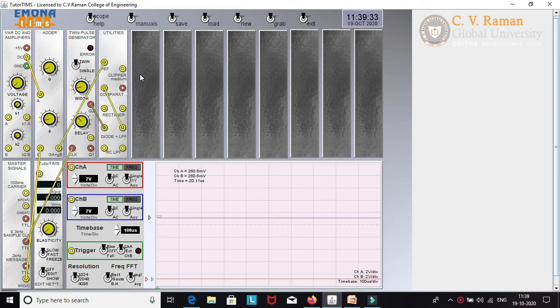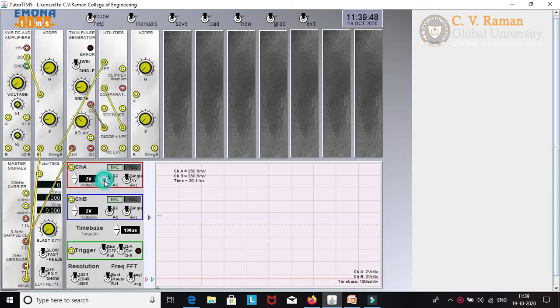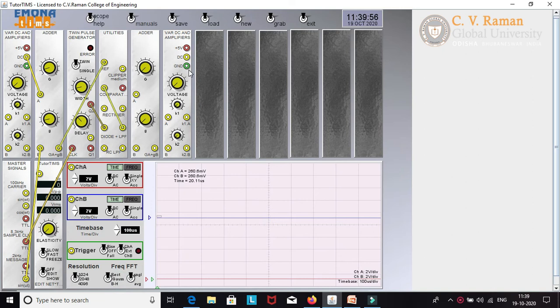For this, we are not going to use these combinations. We are simply doing some diagram here. First we will take an adder. To this adder, we will be giving a DC signal. Again, I am using a variable DC. That DC signal output I will be giving to A. Again, the comparator output or PWM signal I am giving to B. So this output will be simply your inverted version of the PWM signal. Again, I am telling you, this output is the inverted version of the PWM signal.